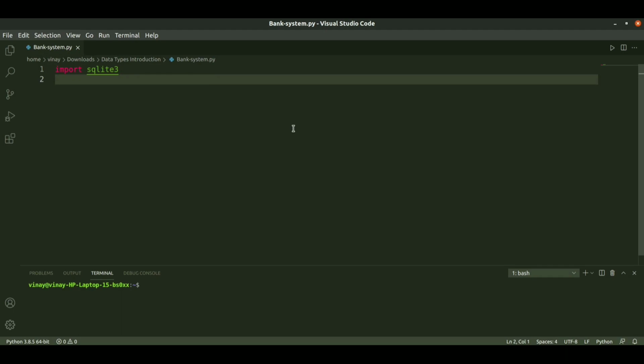In this bank system application, we generally do things like deposit, withdraw, and checking the balance. For the new users, we will just create an account.